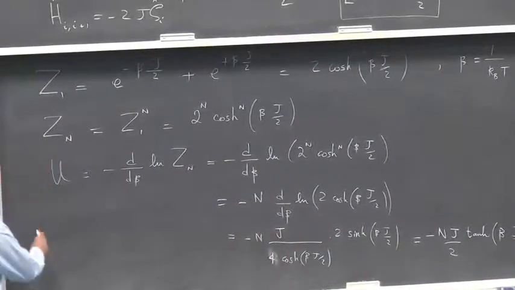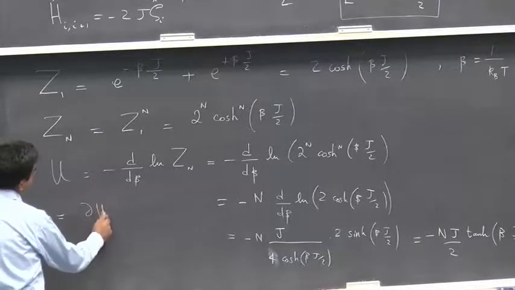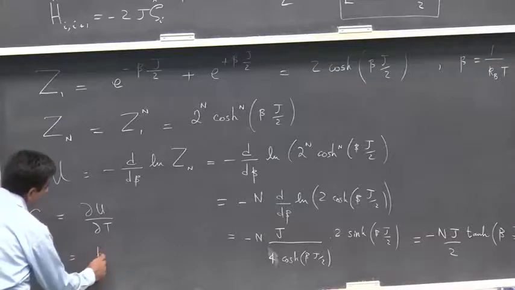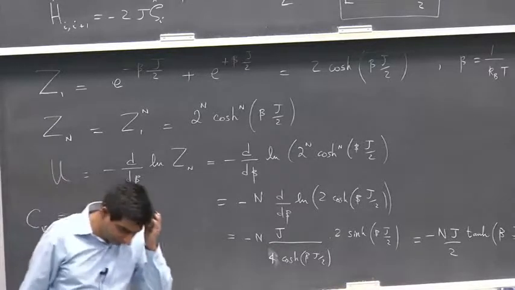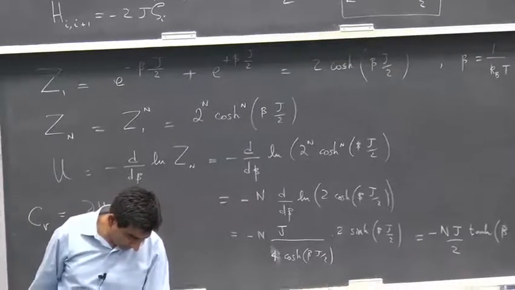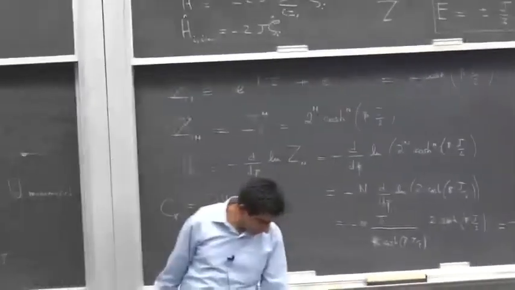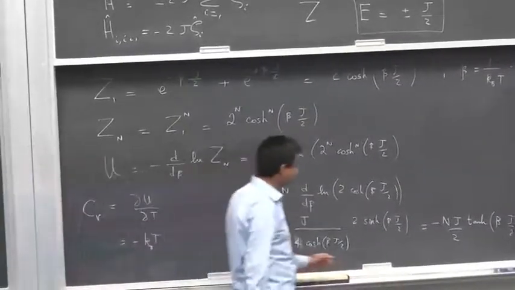And now we can find out the heat capacity of this system, which is just the derivative of the internal energy with respect to temperature, or minus kBT... okay, I don't remember the other formula. Otherwise, you can just differentiate this with respect